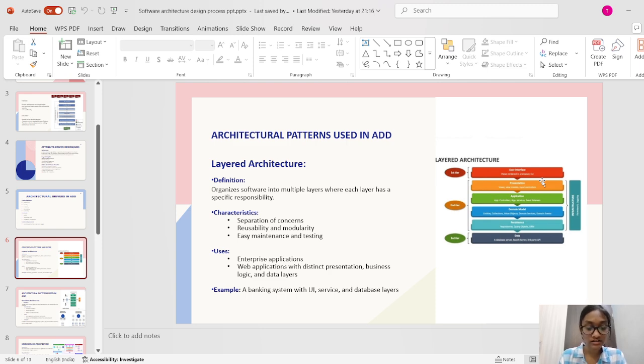It also includes APIs. Layered architecture organizes the software into multiple layers where each layer has a specific responsibility, and it is commonly used in web applications with distinct presentation, business logic, and data layers. It is mainly used in enterprise applications. Its key characteristics are that it is easy to maintain and easy to test. It is reusable and modular, and for example it is used in banking systems with UI, services, and